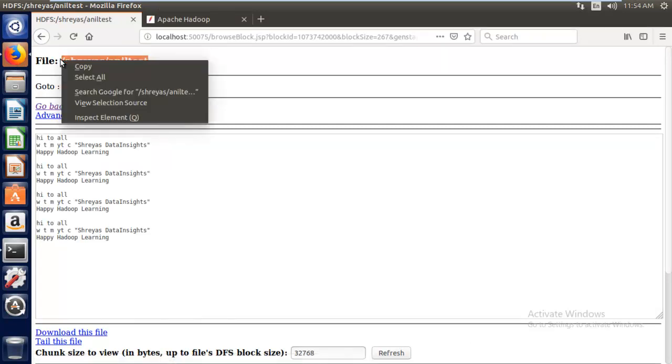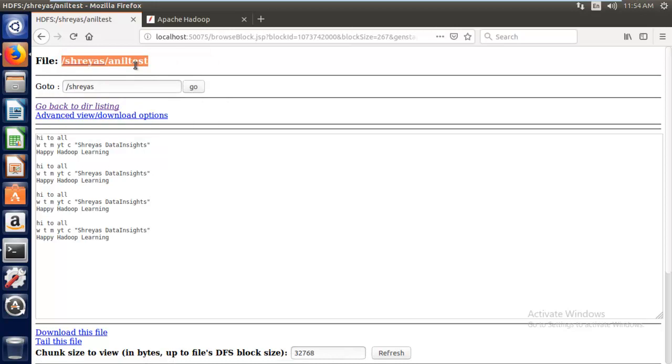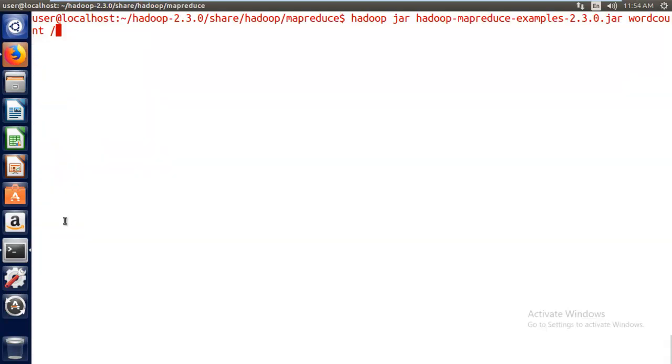Under the layers I have a file called Anil test. I would like to provide the same thing here. And now I need to provide the output location in HDFS. So let me provide Anil test op. So this is my input file, of course, and this is the output folder, right?